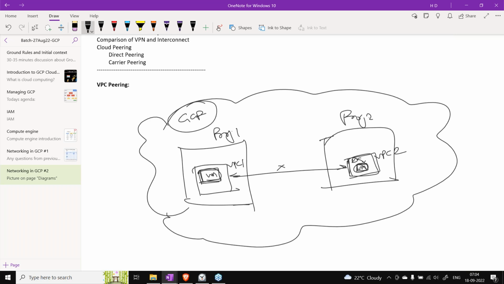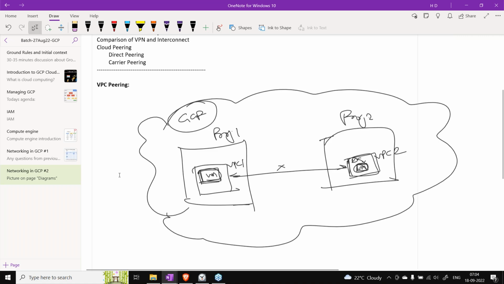You cannot connect to any other environment like AWS. If one project is in AWS and another is in GCP, or you have an entire on-premise infrastructure, then VPC peering will not work. VPC peering will only work within the GCP environment.